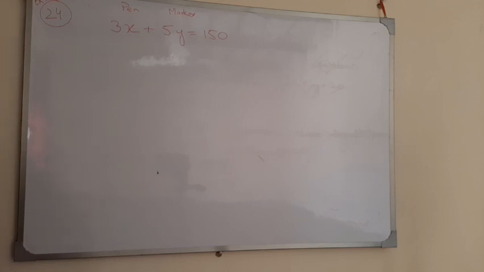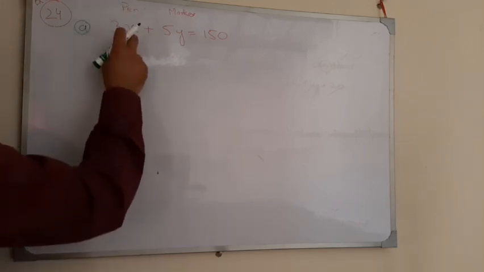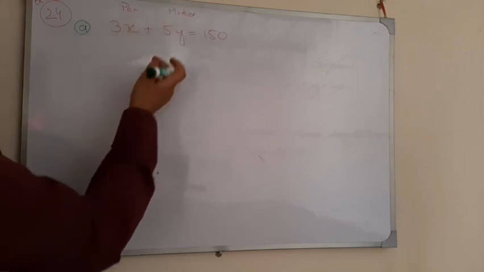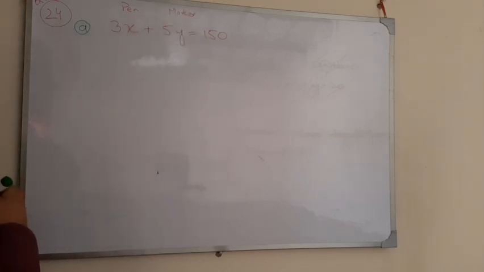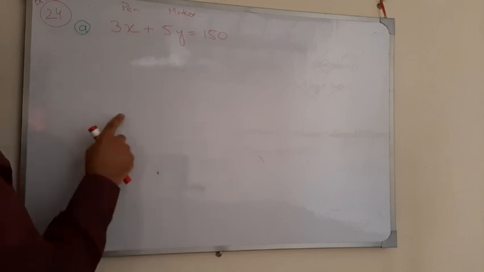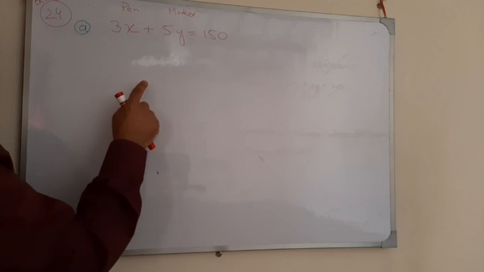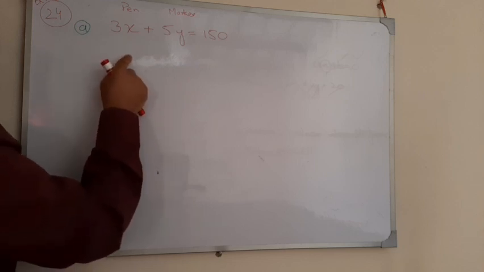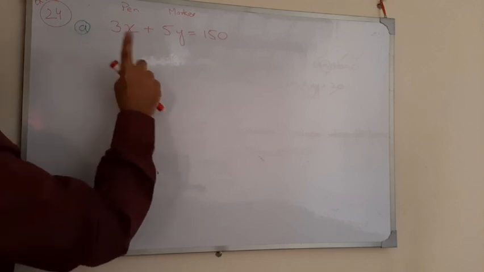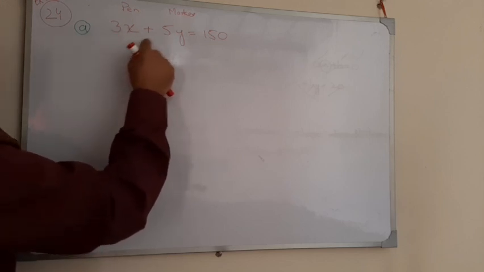तो इसके ए पार्ट में उसने यही कहा था कि अगर हम लोग ए को x से रिप्रेजेंट करें, b को y से रिप्रेजेंट करें, तो डिटरमाइन द लीनियर इक्वेशन। तो लीनियर इक्वेशन तो हमारे पास ऑलरेडी बन गया। देखो स्टूडेंट्स, जैसे ही सवाल के अंदर आपको पता चल जाए कि कितनी चीजें मेंशन हैं, तो उस हिसाब से वेरिएबल डाल दें। सवाल के पहले सेंटेंस में ही बताया गया था कि अ कंपनी मैन्युफैक्चर्स 2 प्रोडक्ट्स। तो एक x है, एक y है।